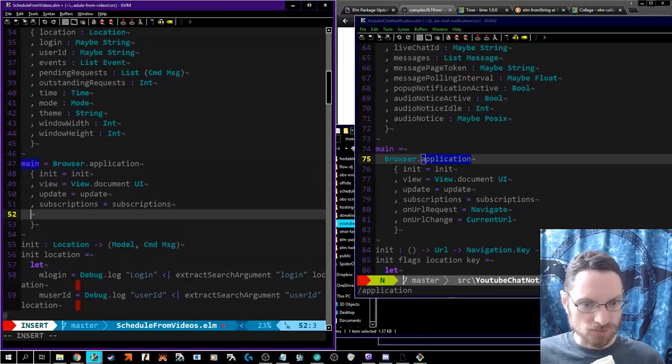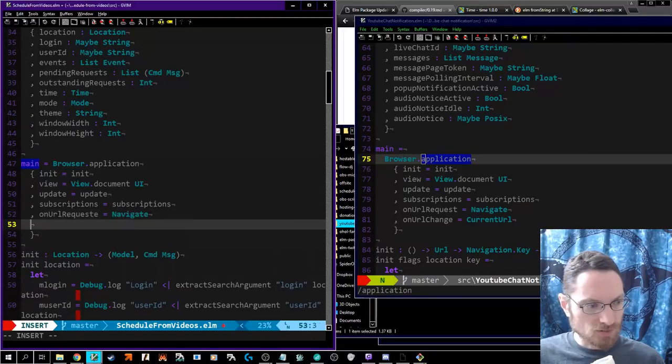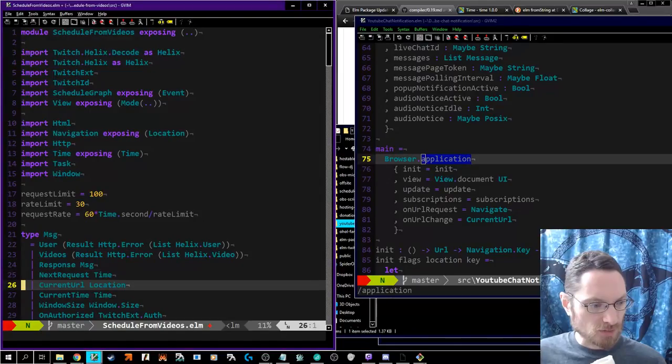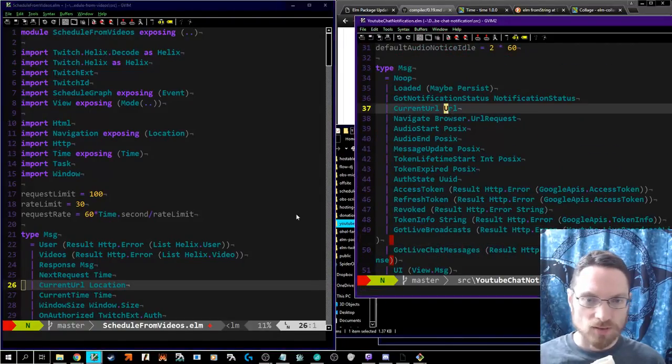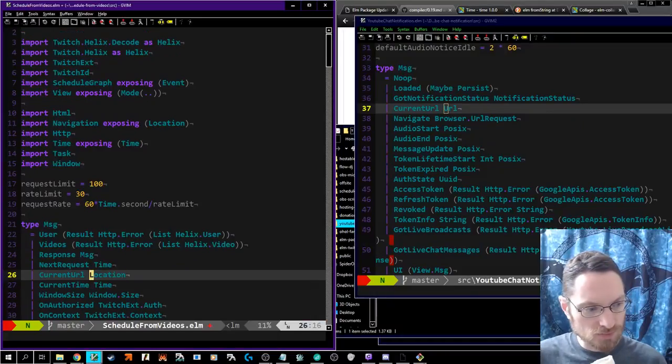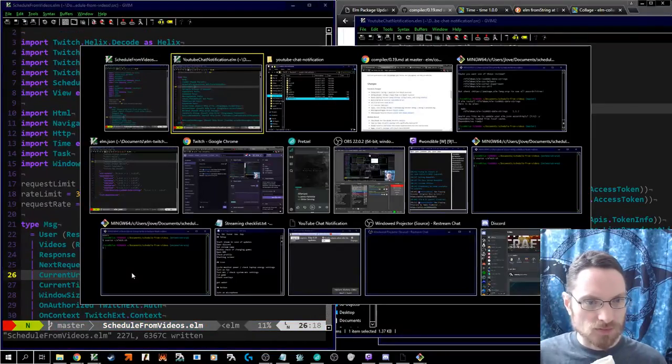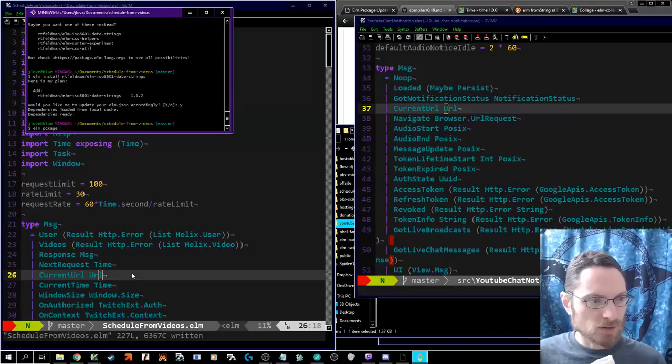Update subscriptions. On URL request equals navigate. On URL change equals current URL. Which means we need to have not only, yeah, and I just made that URL. Elm package